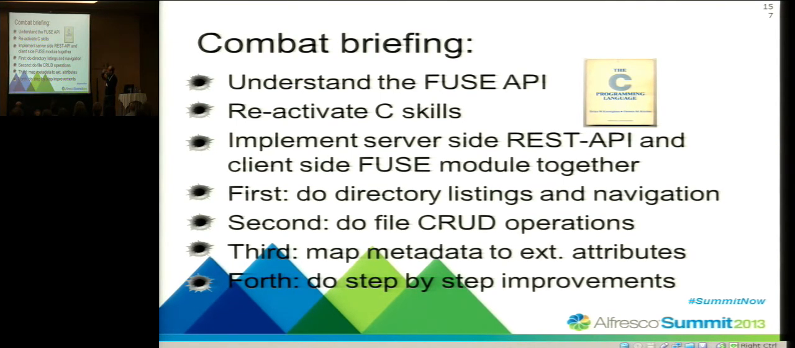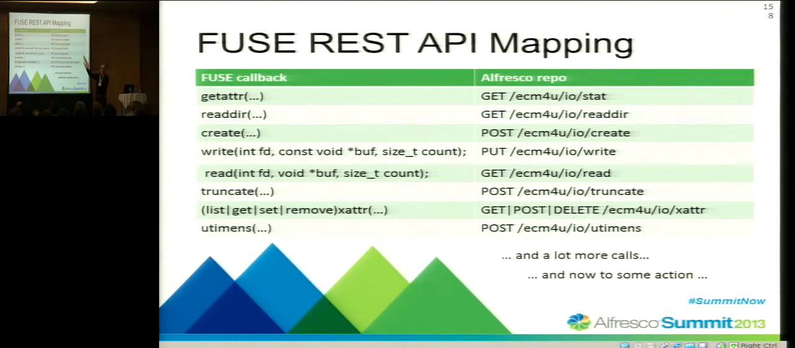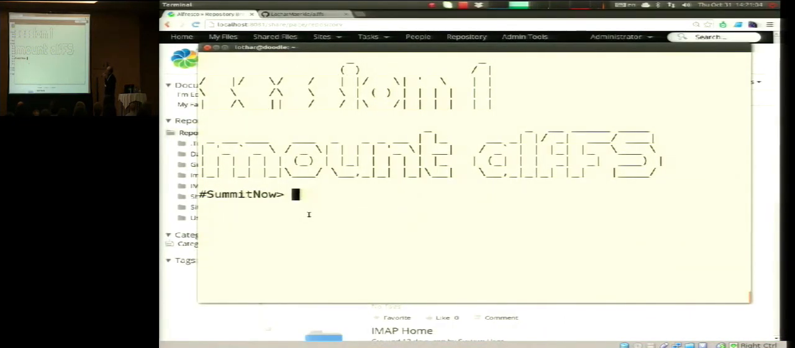On this project, what do you need to do it? You need to come back to Kernighan and Ritchie, this little old book, to do some C stuff, if you remember it. On the Alfresco side, you have to provide a REST API where you can do HTTP calls. For example, you map simple create, truncate, and write calls to a really simple REST API. This is just implemented with Java web scripts in a standard way. And here's a short video